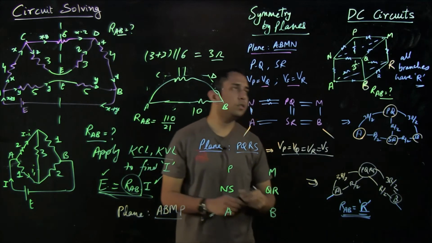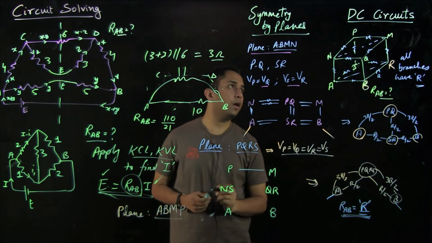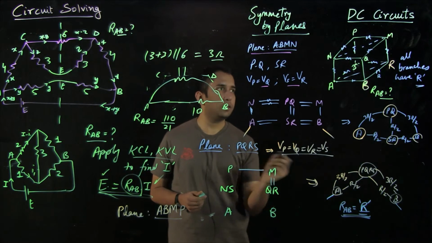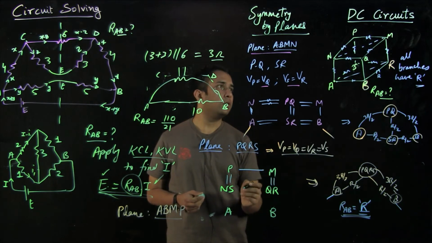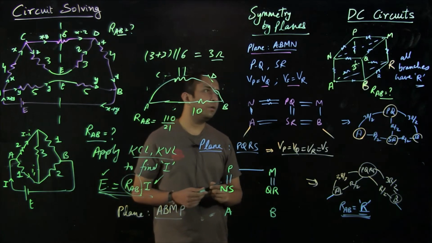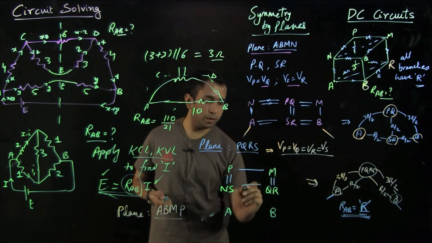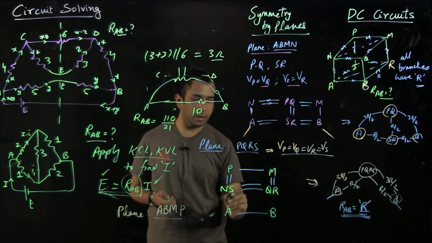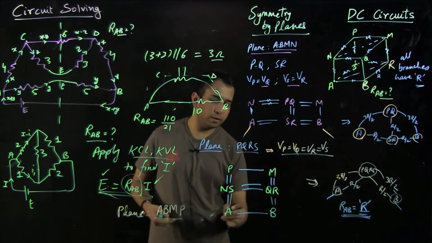So now I'll be mentioning the resistances through wires. We have P and M. Q and R are equal, so I have two resistances here. Similarly between P and NS. Between N and Q, and one between S and R, and between A and B I have 1, and between A and S I have 1, and A and N, and similarly this. So you can see that it's quite easy to find the equivalent resistance now between A and B,